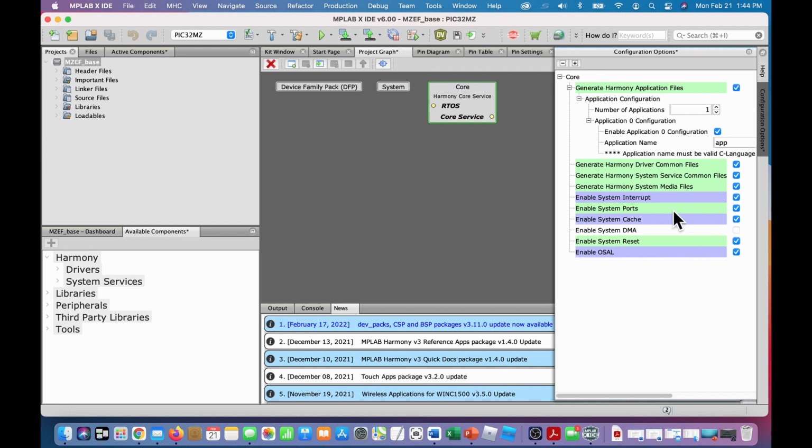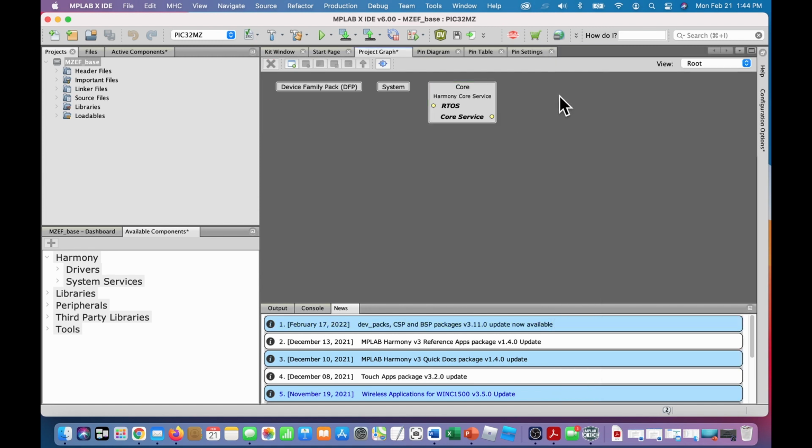So what is it? The only one we haven't clicked is enable system DMA. Set to go. And so we now have to generate the source code, let Harmony generate source code based on